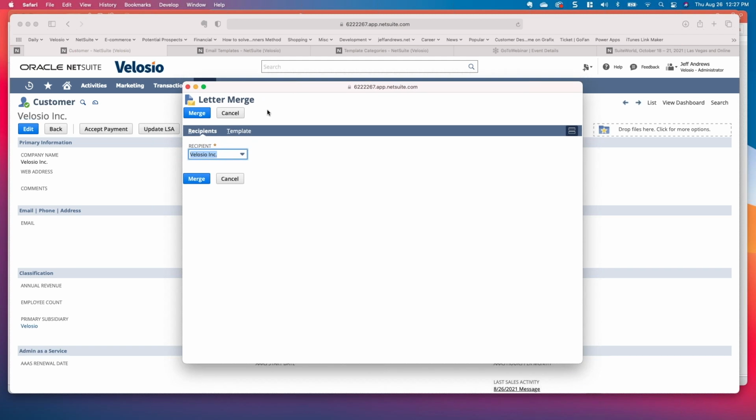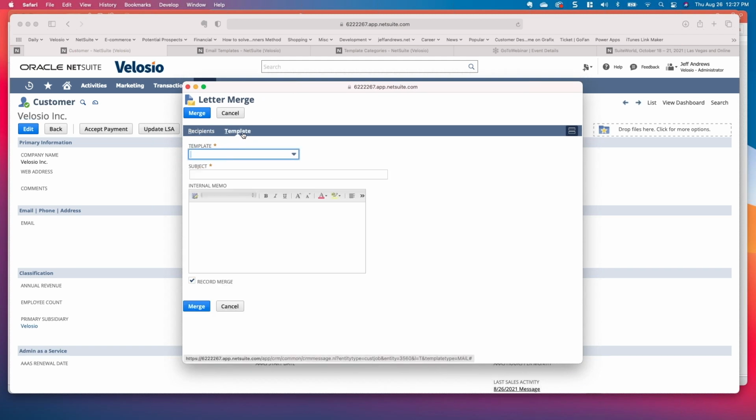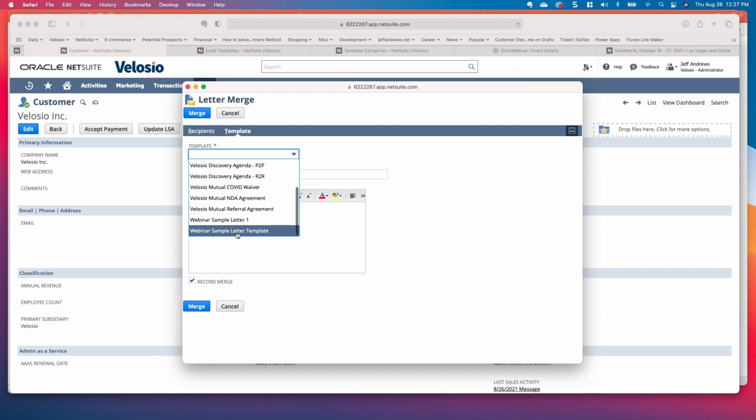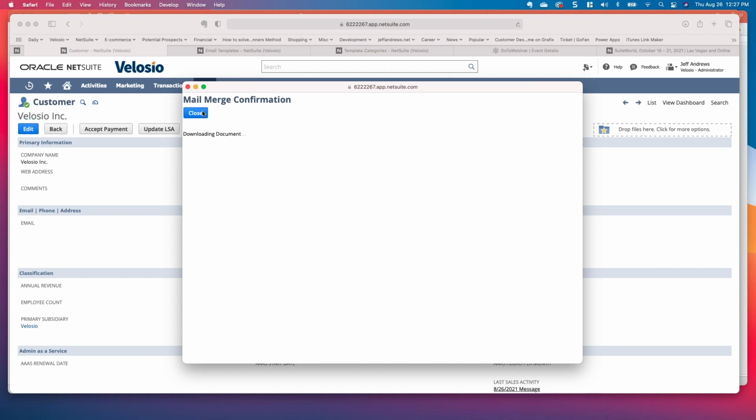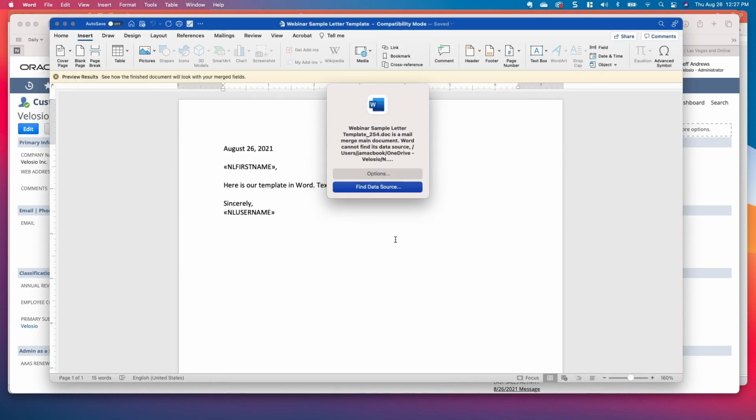So from the customer record or the contact record, click plus, depends on what this relates to. Select the template from the dropdown and click merge. And within just a couple of clicks, in about 5 seconds, I've now created that document. And if I come over to my downloads and open that document up,